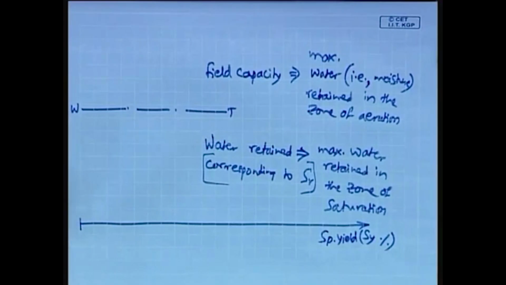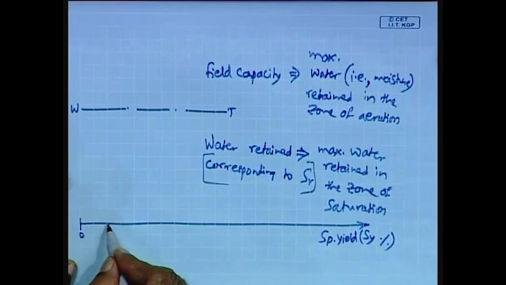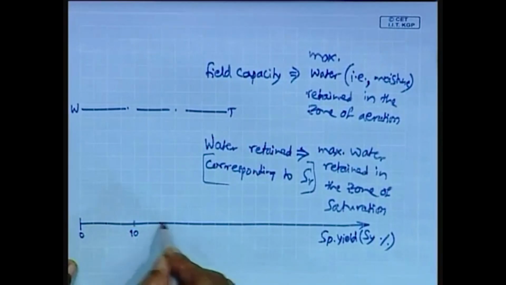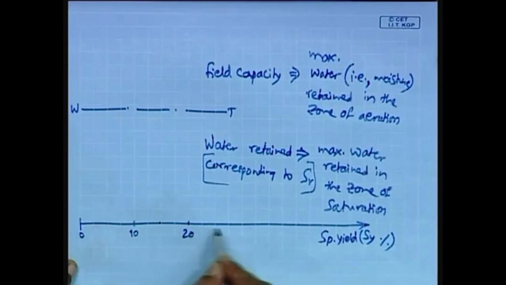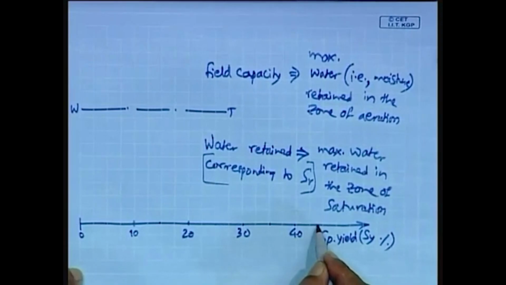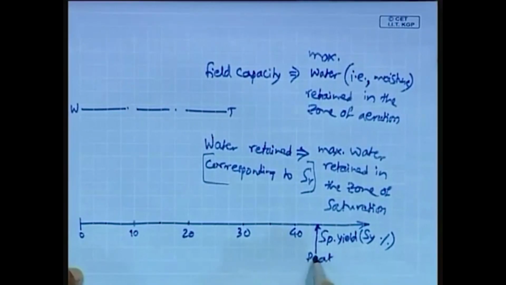So, here on the lowest level, say this is 10, 20, 30, 40, and in the highest this one, that is around say 44, we have peat, which is basically the vegetative matter which has decomposed,